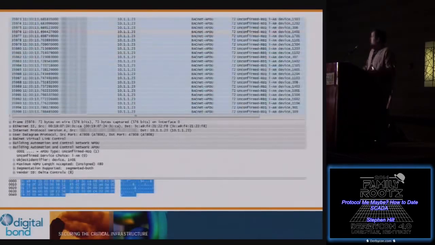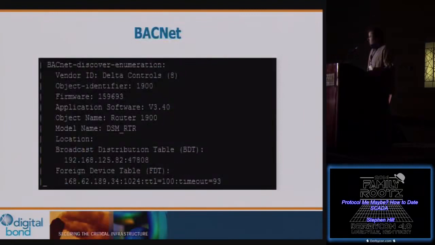But once you do perform a successful Who-Is, as you can see, you can get a bunch of responses from all the devices. You'll see I-Am device 1503, I-Am device 1202, and so on and so forth. So you're getting a lot of information about how many devices are connected to this device, and you can start parsing out that information as well. Sometimes you'll get devices like this where I found this one interesting solely based off its location. It's actually in the town that I live in. As you see, the broadcast distribution table has 192.168.125.82. So you can kind of figure out what their BACnet network looks like based off that information.